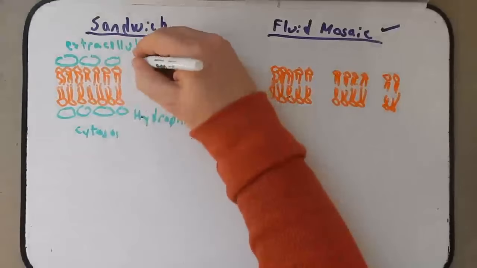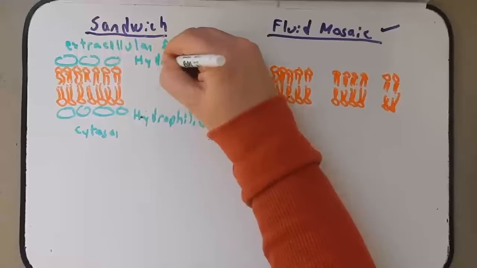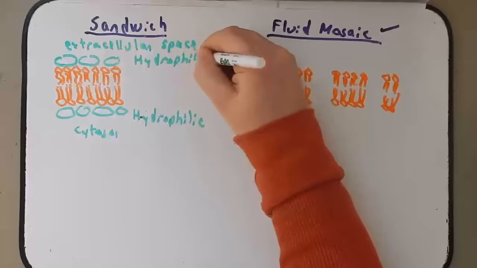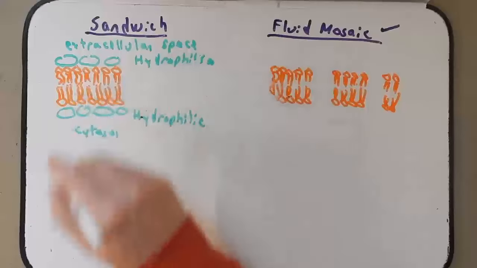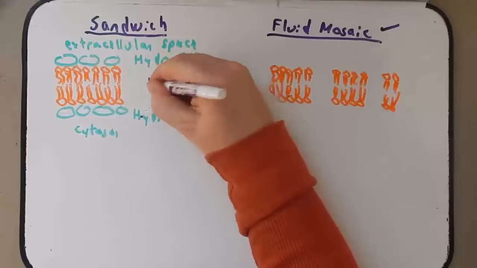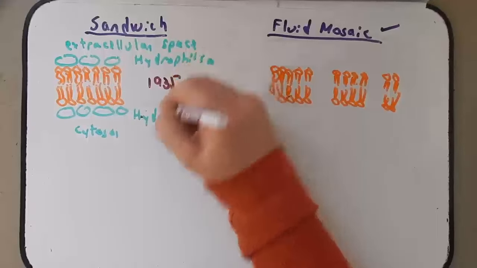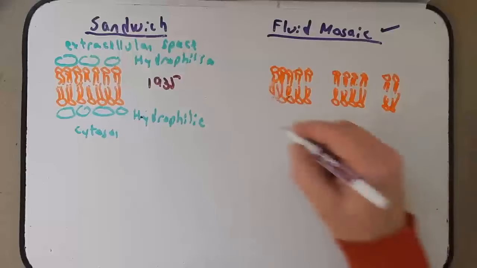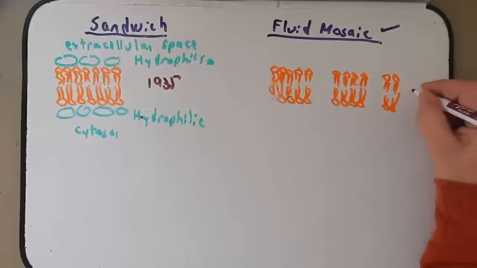So both hydrophilic proteins, in a way to sort of protect the hydrophobic nature of these lipids. This model was proposed in 1935, and it wasn't until 1972 that a new model, the fluid mosaic model,